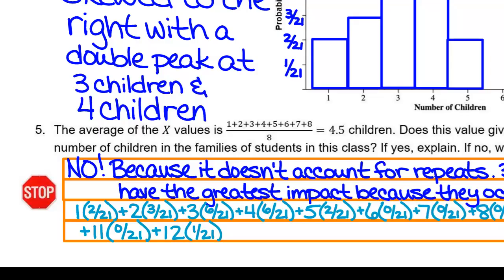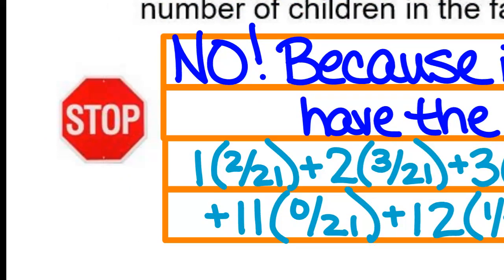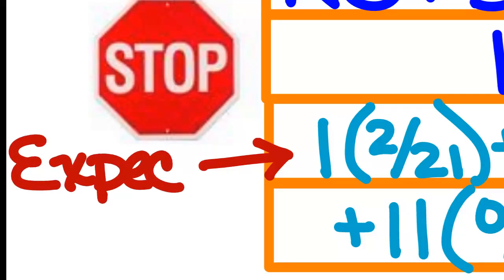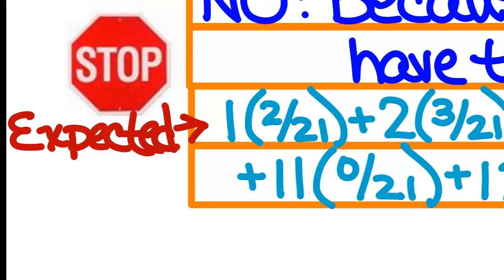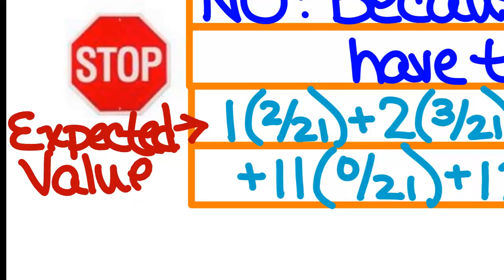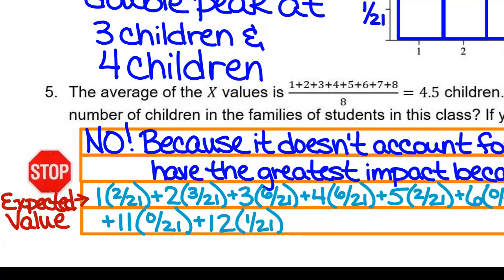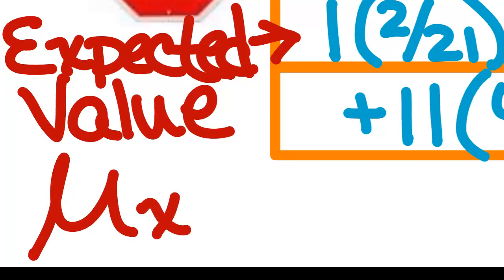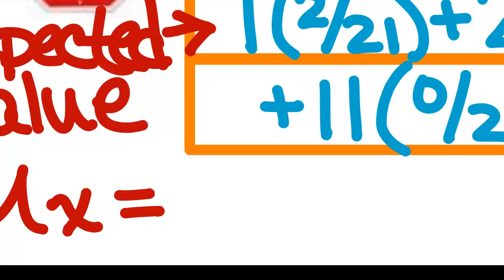This right here would give me the average number of children for a randomly selected student in this class. This weights those different values. We would call this the sum of all of these things, the expected value. And the expected value, the formula for what we just did there, we would say mu of x is equal to,